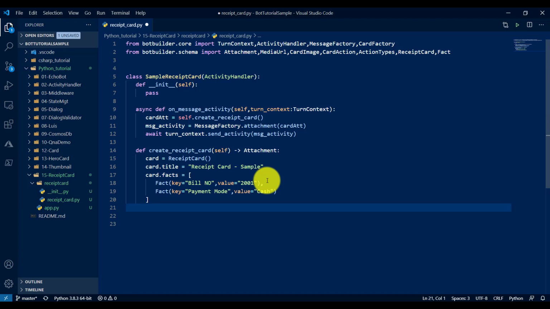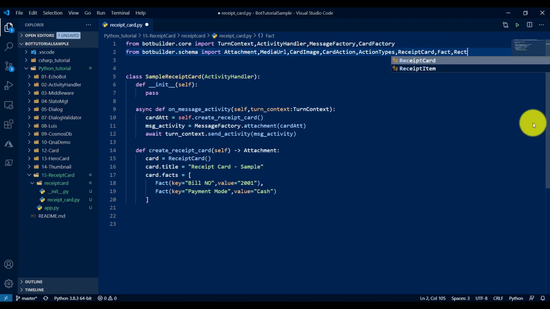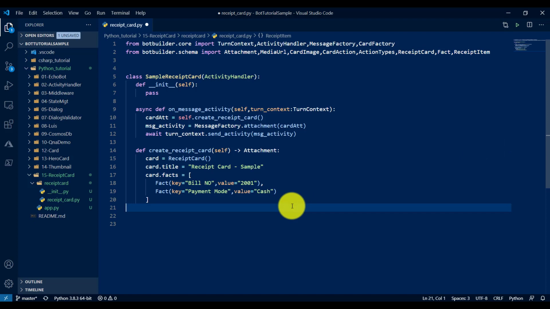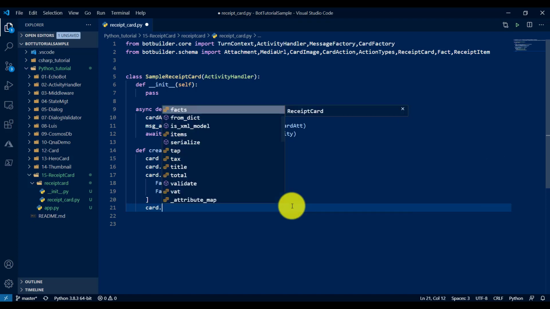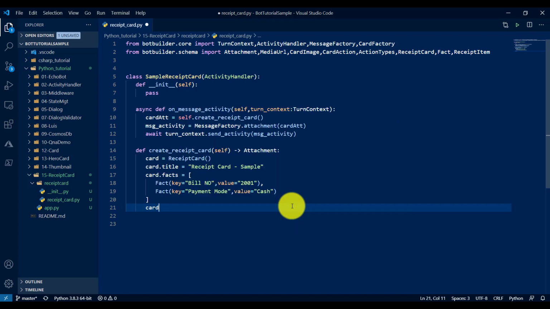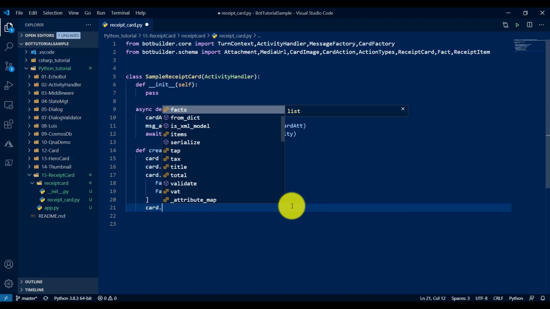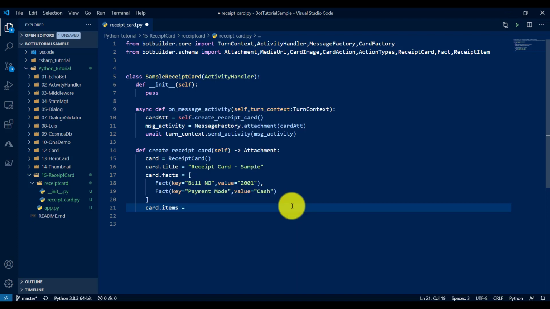Next we have to add the items, receipt item. For that we have to add one more class called receipt item. We are assigning items, receipt item.